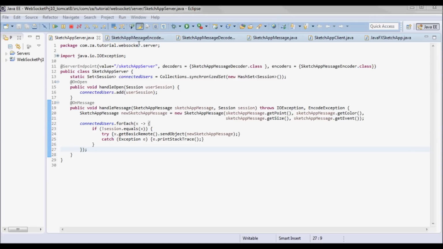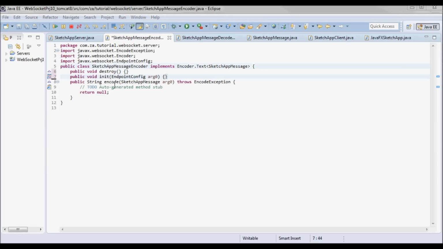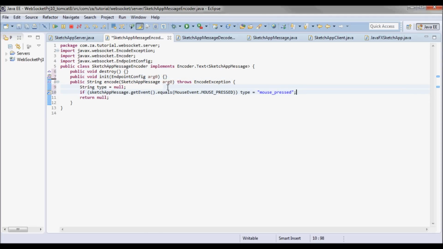Next, let's go to the encoder. So sketch app message encoder, and in the encode method what's going in is a sketch app message, and what's coming out is a string. Let me rename this one.